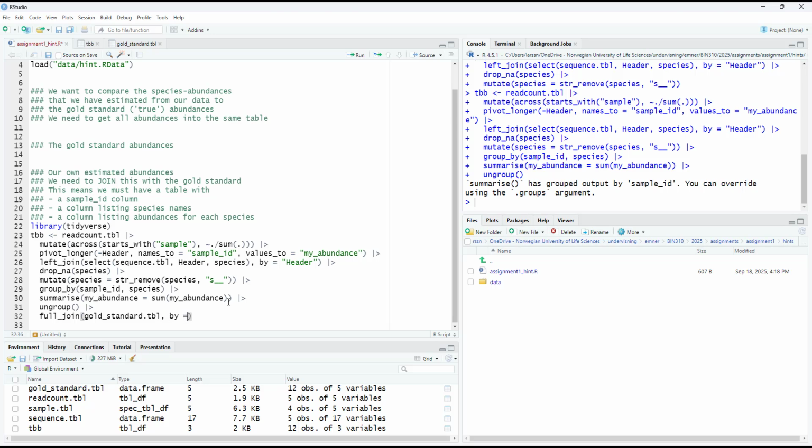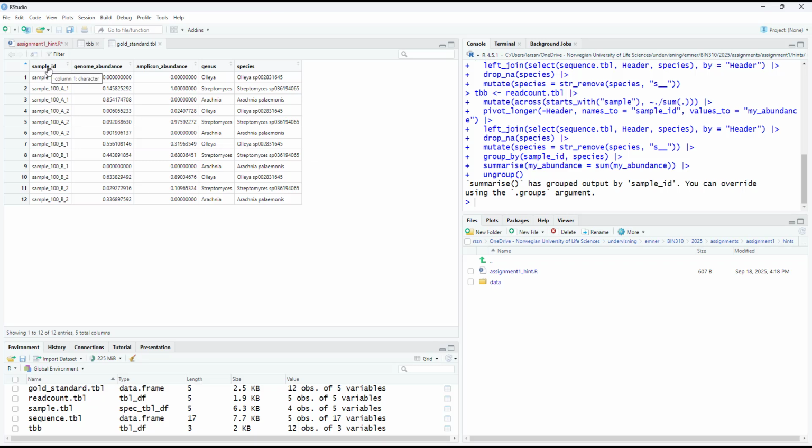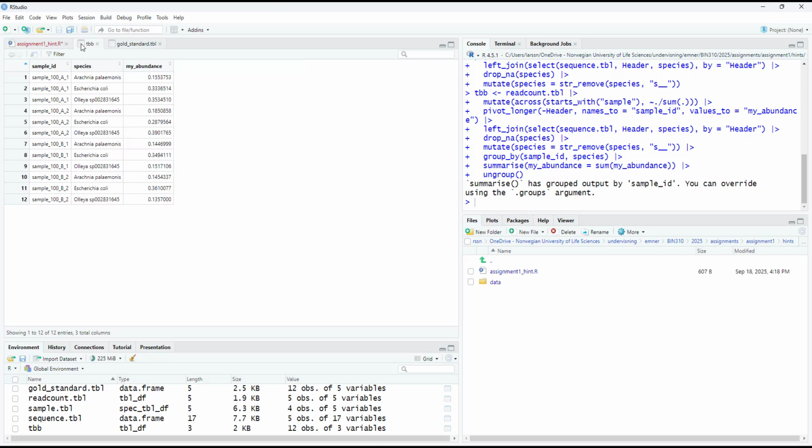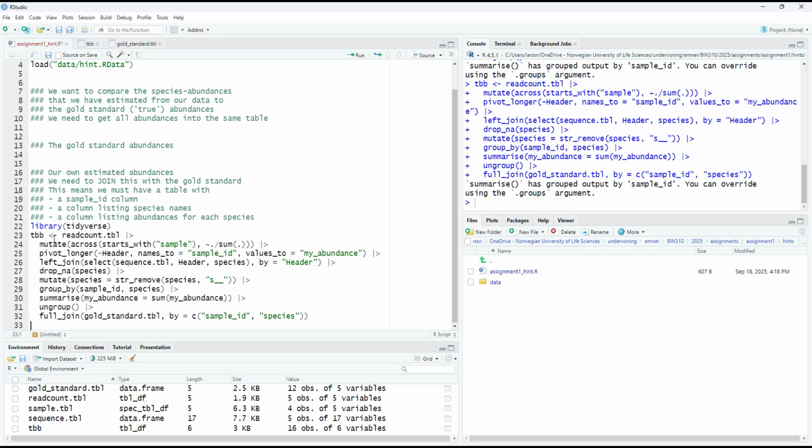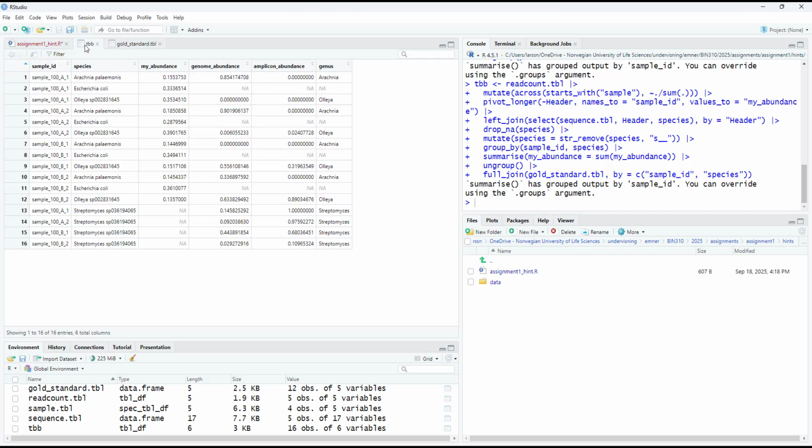And I have to say where the joining information is. Well, it is both sample ID and species. Otherwise, you will get a lot of combinations. So, sample ID and species, like this. Both must be used in order to put the correct rows from one table together with the correct rows from the other table. And now we can see here,